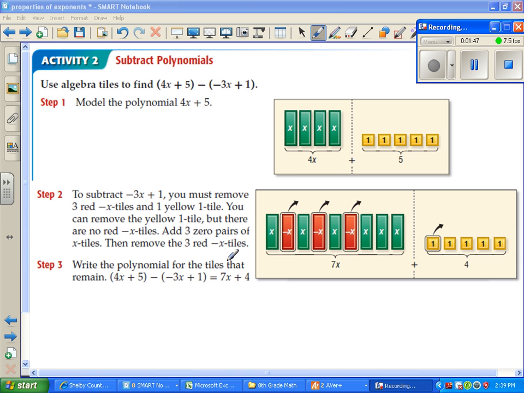Then here's an example of subtracting polynomials. It gets a little more confusing. First, we're going to model the first one, 4x plus 5. Okay, so I have 4 x's and I have 5 positives. Then it says we're going to subtract or take away. You must remove